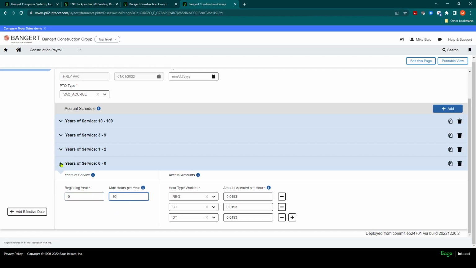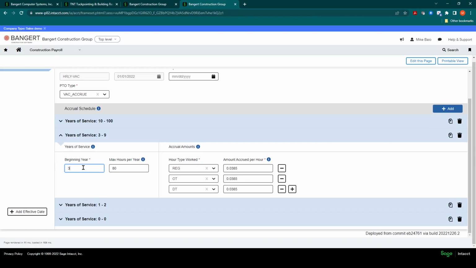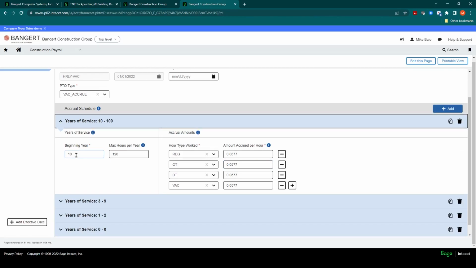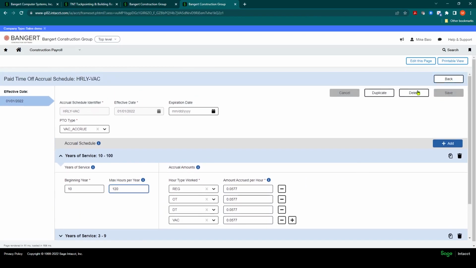You can also change the rates based on years of service. So beginning year 1, it's basically the same here. But on year 3, we established a new one here by clicking on base year 3. The company upped it to an 80-hour max. In that scenario now, the accrual rate is going to be increased to get them to 80 accordingly, and so forth. And there's a level here for 10 years plus. In here, you see we've maxed it up to 120 hours after the 10th year and applied a higher rate. So in that scenario, you would click Save.